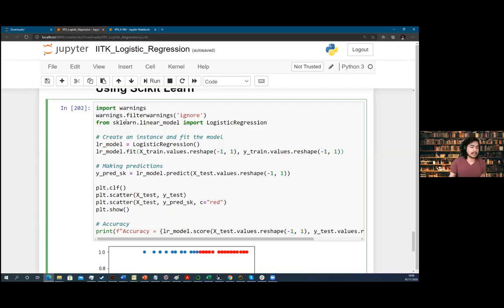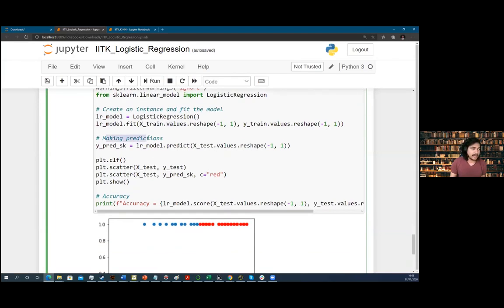So sklearn is a famous library, scikit-learn. In the scikit-learn library, in the linear model, you have logistic regression defined. You import that and create a model by calling LogisticRegression. Then you fit the model by giving your x train dot values reshape -1 to 1, then y train dot values reshape -1 to 1.